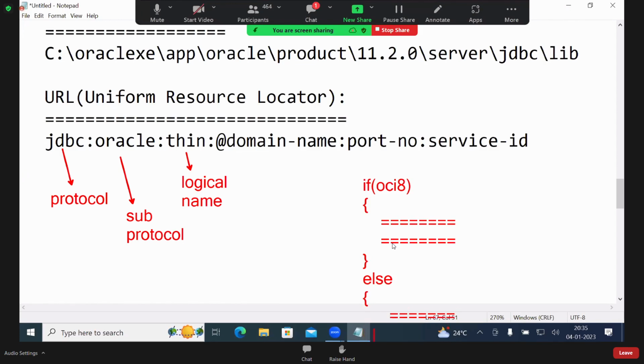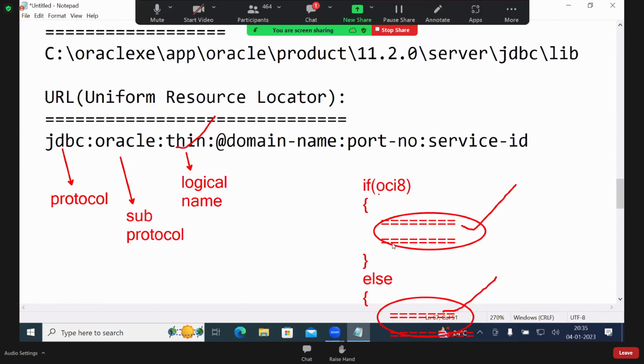The Type 4 and Type 2 driver class name we write is the same, but how will they be differentiated? With this logical name only. In the URL, if you write thin, this part is executed. If you write OCI 8, this part is executed. This is called the logical name.